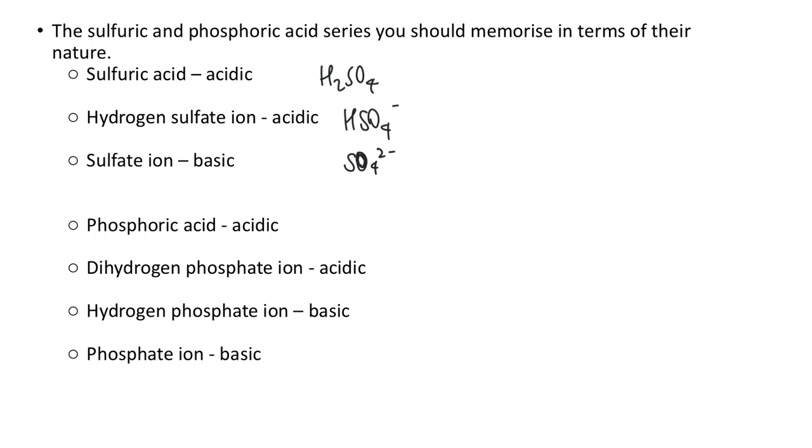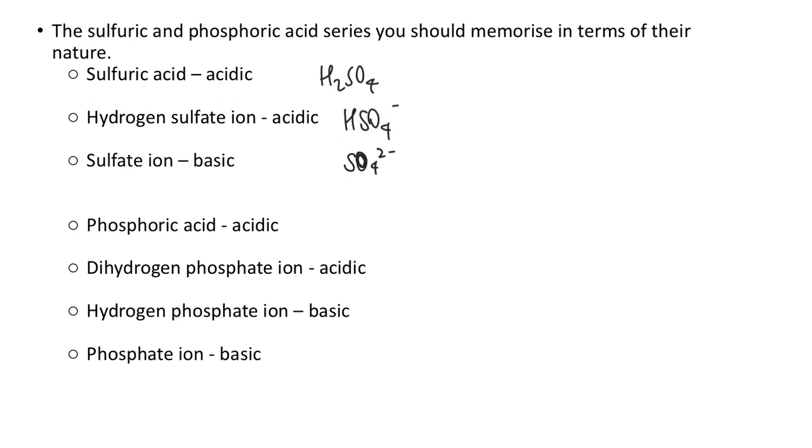Okay, so the sulfuric acid, the two salts that you could possibly form from it, hydrogen sulfate and sulfate, have acidic and basic natures, right? So do not just use the generalization. You've got to memorize the table, and you've got to try and remember when to apply the generalization, only when you've got unknown